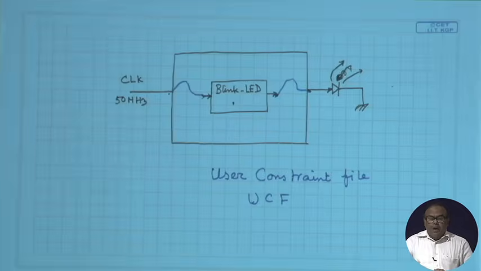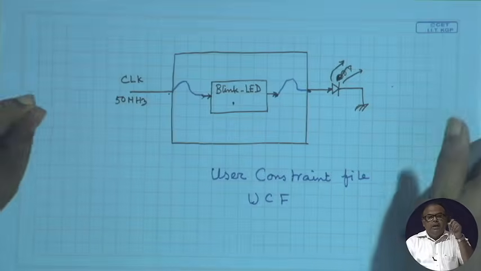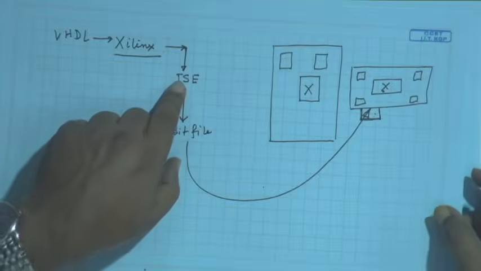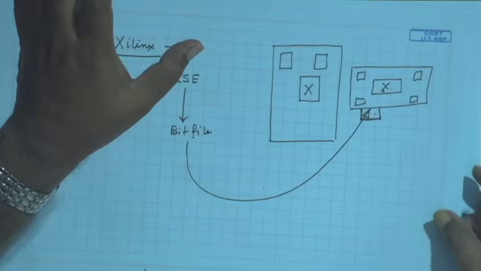Now, this user constraint file allows the tool that I was using to give me an interface by which I can specify, using a dropdown box and all those, the different interconnections. Now, once I specify that, what I am actually doing is I am establishing a correspondence between